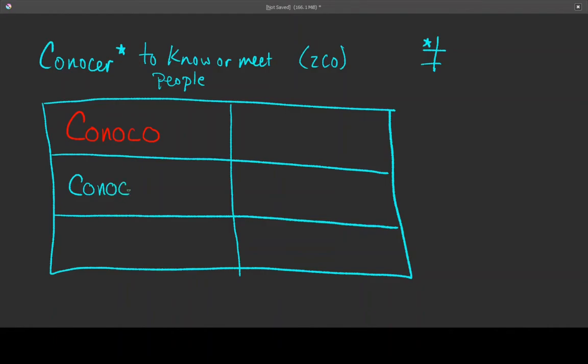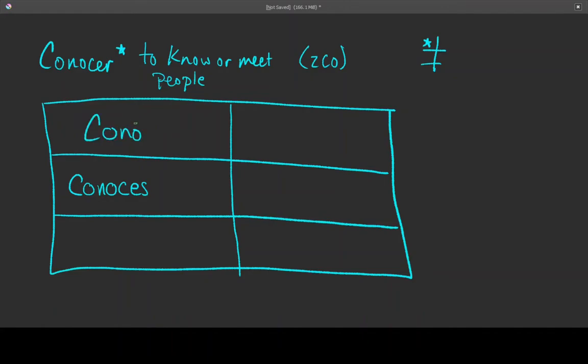we notice that this C is followed by an E, which means that it's going to make the soft consonant sound like an S. It's going to be conoces, and this is conocer. But when we put an O behind it, that's going to change it to the hard consonant sound. And just like a lot of other situations in the Spanish language, if you have the soft consonant sound in the most basic form of the verb, then you have to have that soft consonant sound in all of the forms of the verb. And so what we're going to do instead with this one,